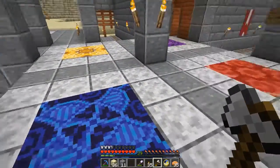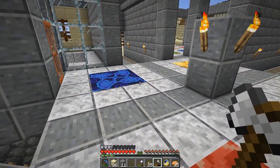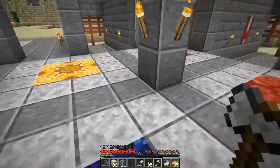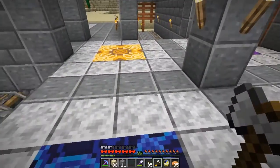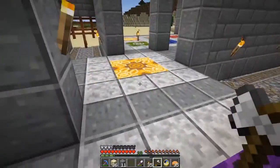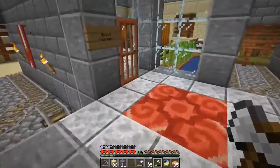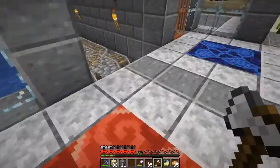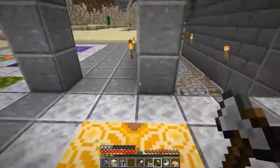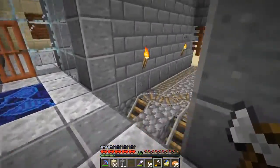And as you can see, I just decided to redo the entire floor for the center. I got sick of the diorite slash granite one that I had before, so I decided to substitute this and take advantage of the remaining glazed terracotta that I had. That way we could match the floor I have in there and also the floor that I have in here. I then finished the rails and the